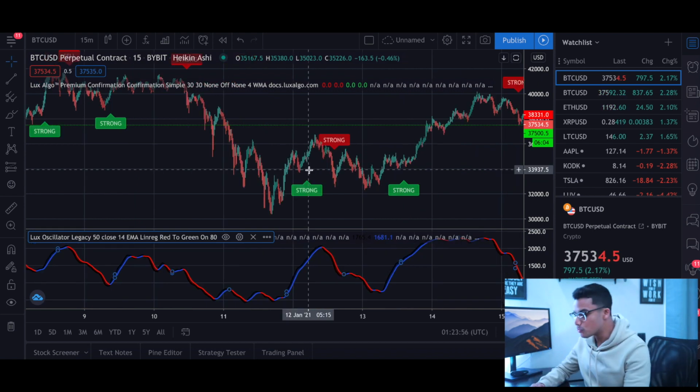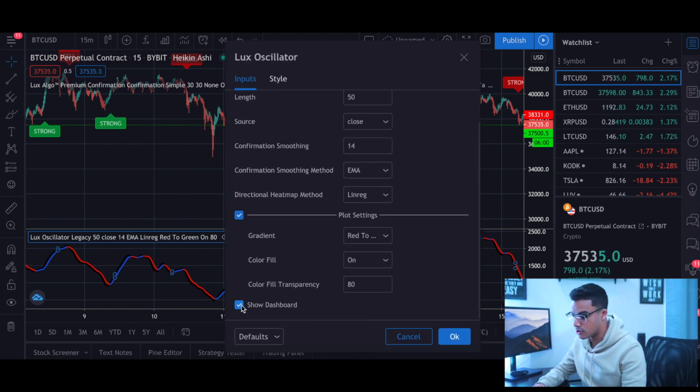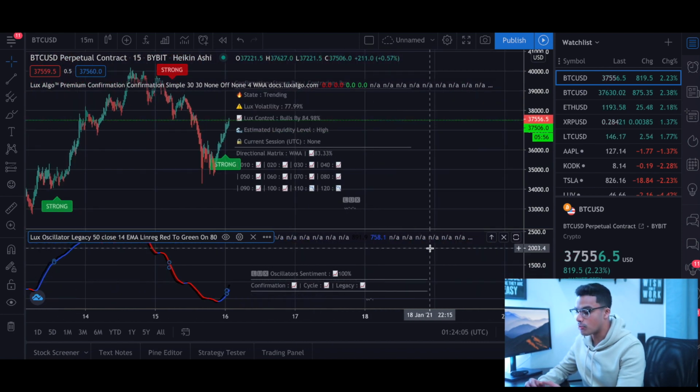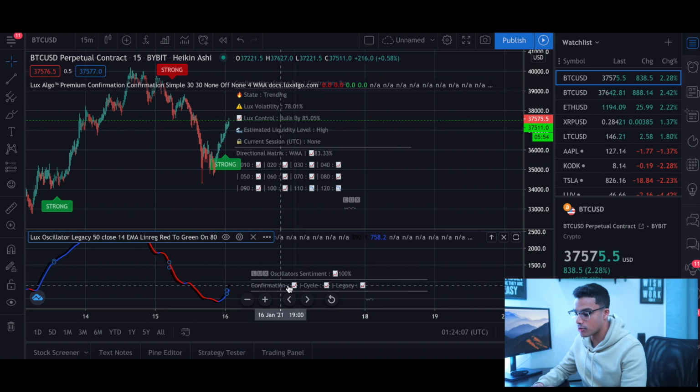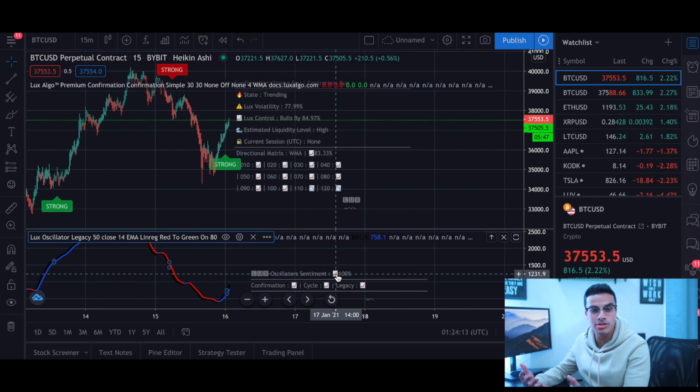downtrend. Also, another really cool thing you can use is if you go into the settings and if you have the dashboard turned on, if you scroll all the way to the right where the price section is, it'll say what all 3 different, I don't know what these are called, but the confirmation, cycle, legacy, it'll show the percentage. So I don't know why for me it's always 100%. I'm still trying to figure out why it's never changing for me, but maybe for you guys it'll show a